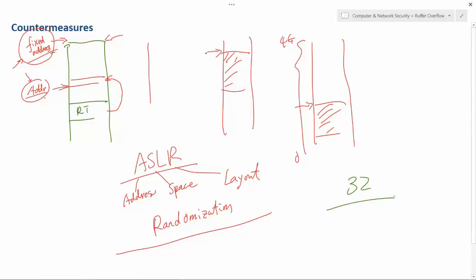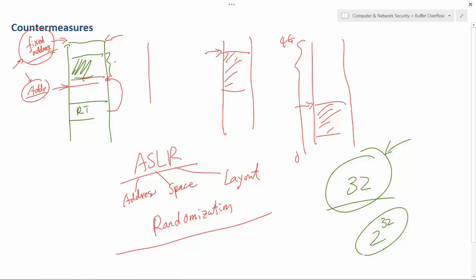Right now I don't know what the consequence is for a 64-bit machine, but for a 32-bit machine, this countermeasure was developed a long time ago, when there were 32-bit machines. On a 32-bit machine, if I want to guess, 2 to the 32 is not a very large number. Also, especially if I put a no-op sled inside, I don't need to guess one exact address. Any address inside is going to work. So the guess is not going to be 2 to the 32; it's much less. Our VM is a 32-bit machine.